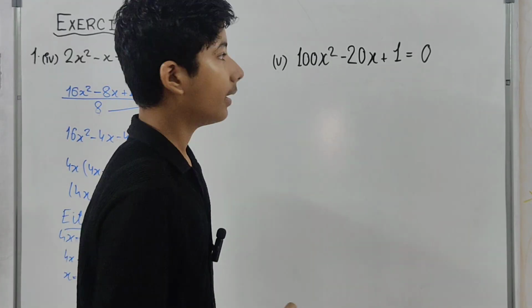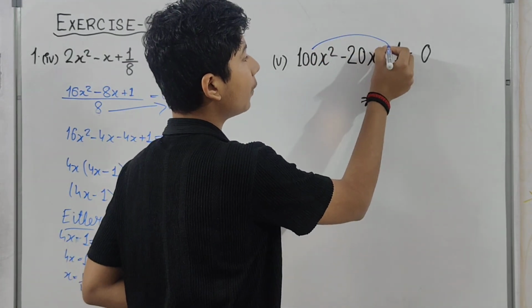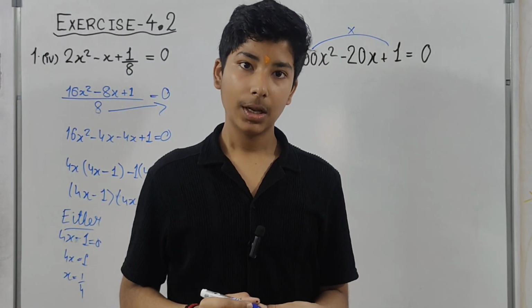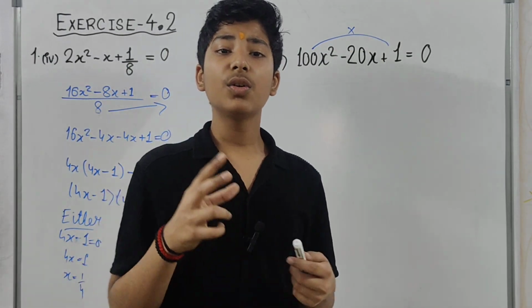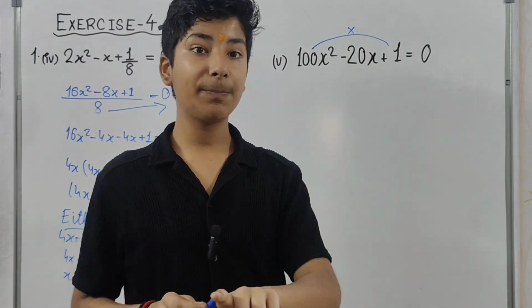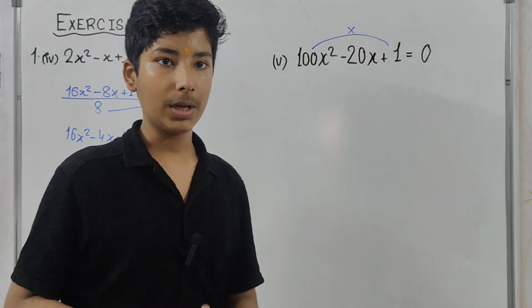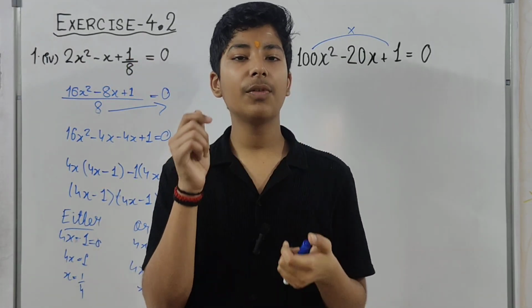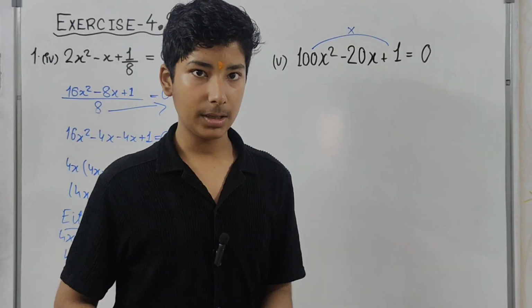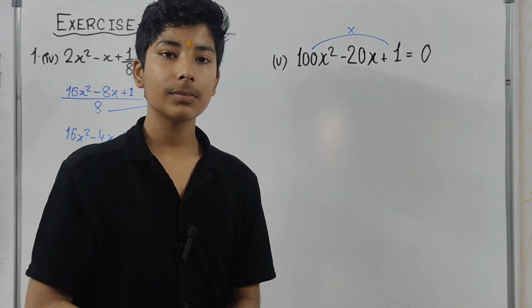Now we'll solve this one. See, we have to multiply both these numbers. When we multiply, it becomes 100x square. Now we have to find any two numbers which when we add them become minus 20x, and when we multiply them become 100x square. So see, both the numbers again will have minus sign, since this is minus, so the numbers will also have minus sign, and this is positive.